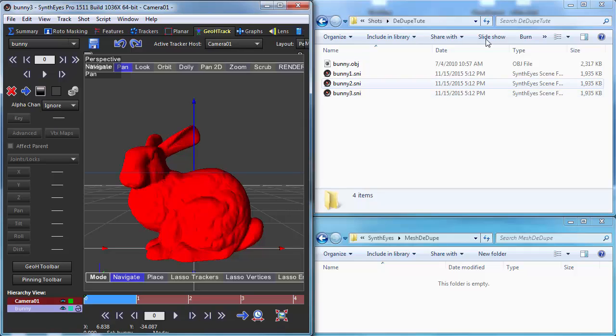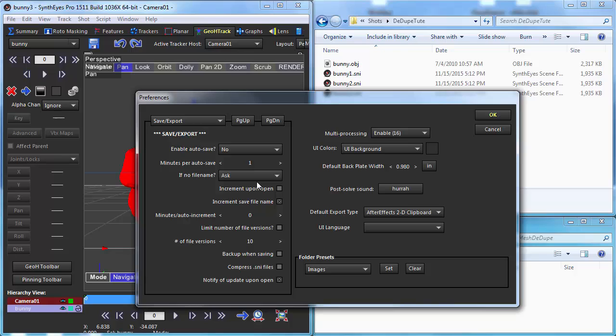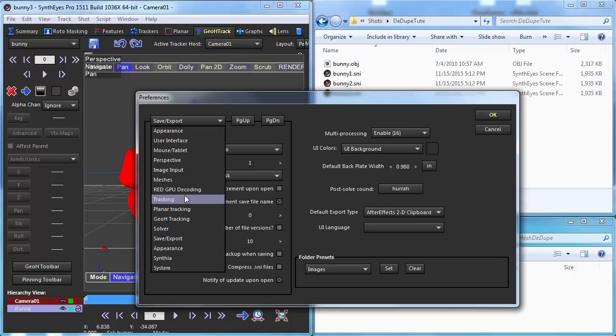But you'll notice that we've got the 2 megabyte mesh, and the initial file is an OBJ file, which is an ASCII text file. So it's a bit over the 2 megabytes. And then each copy of the file contains that same mesh, and so they're all about that same 2 megabytes size, which isn't really all that necessary. So the first thing that we'll do is go to the preferences, and we're going to switch the mode of the mesh deduplication